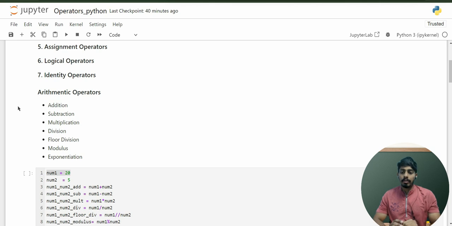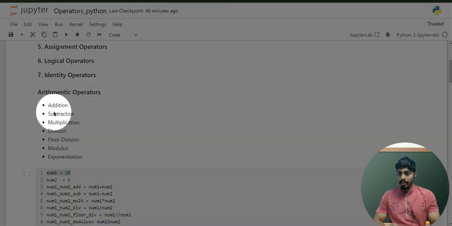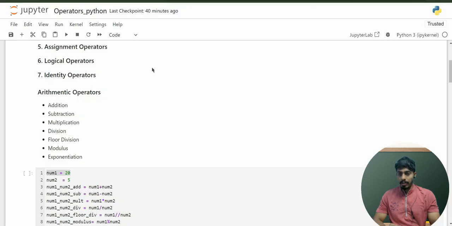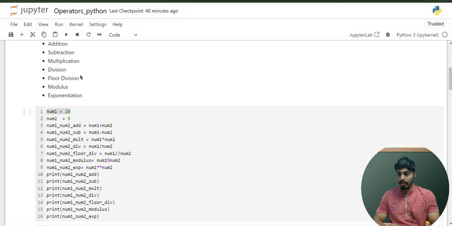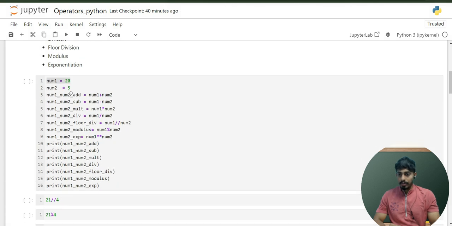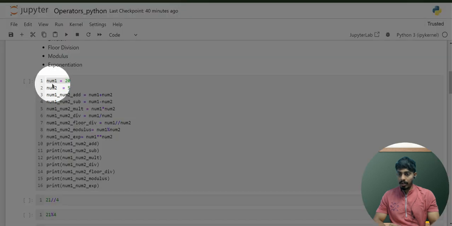Arithmetic operators are basically for mathematical calculations. Within these arithmetic operators, we have addition, subtraction, multiplication, division, floor division, modulus, and exponentiation, right? Let me give an example and clearly illustrate this. So I took a variable num1 where I assigned a value 20, and num2 is 5,